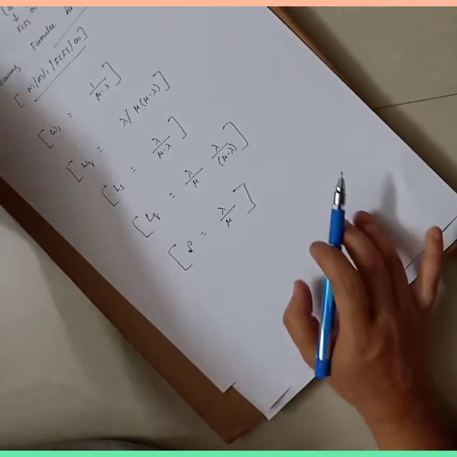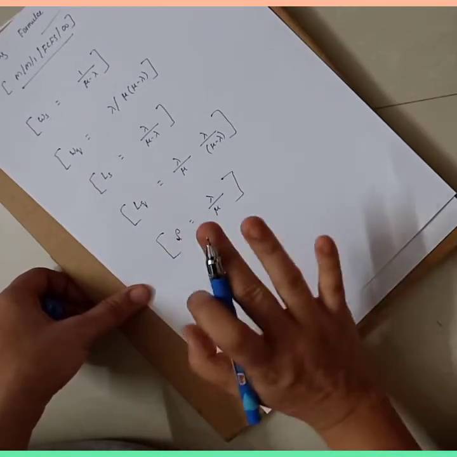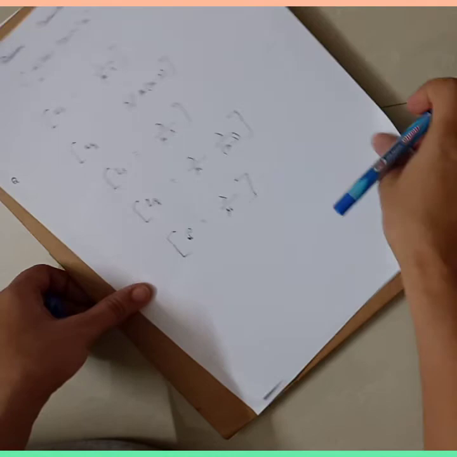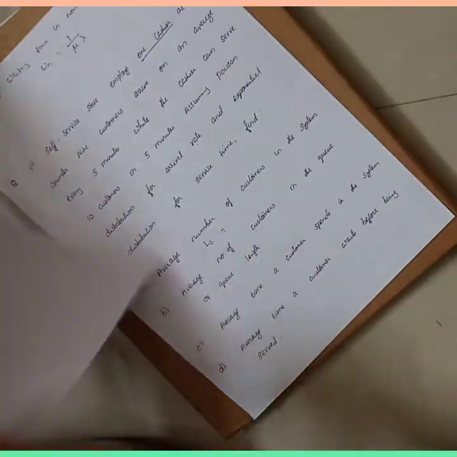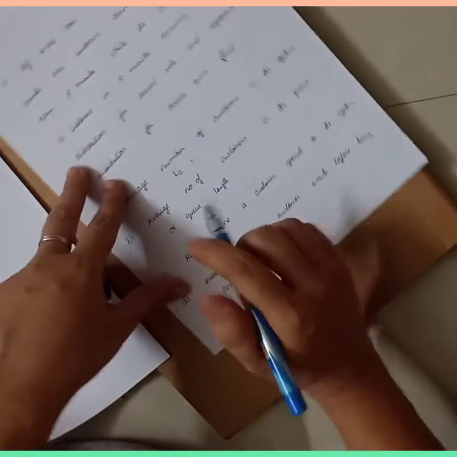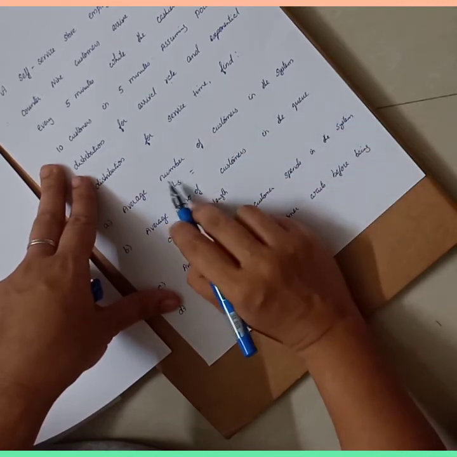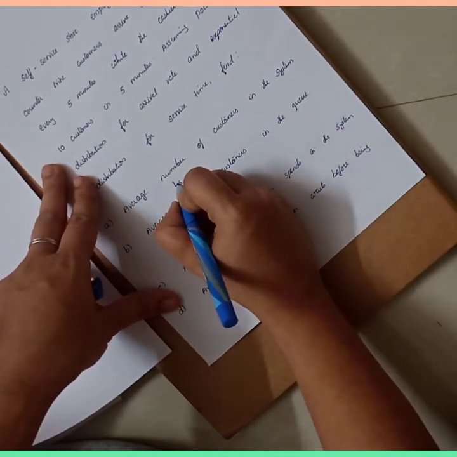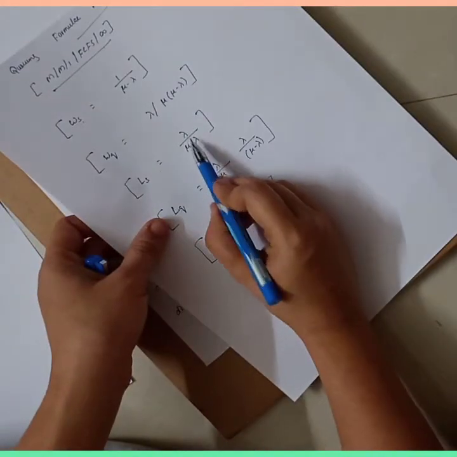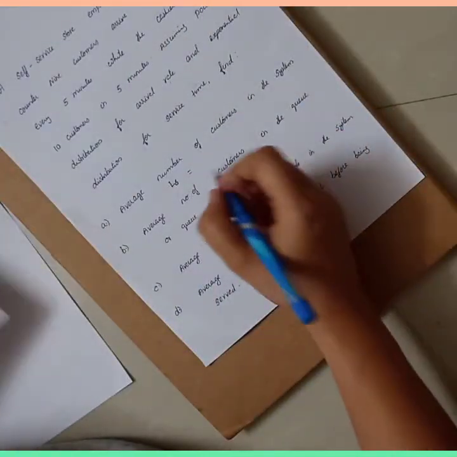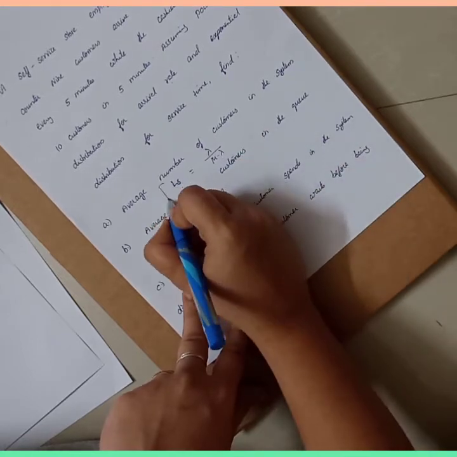Now, what is lambda? Lambda is arrival rate and mu is the service rate, which we have already discussed, right? So we need to find each and everything in order to solve this particular problem. Okay. Now look at the question. First one is average number of customers in the system. So average number of customers in the system is given by LS. So LS is equal to, what is the formula for LS? LS is lambda divided by mu minus lambda. So you need to write lambda divided by mu minus lambda. So this is the solution for the first